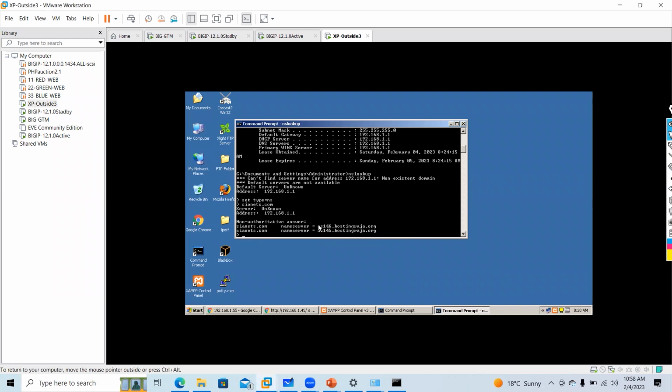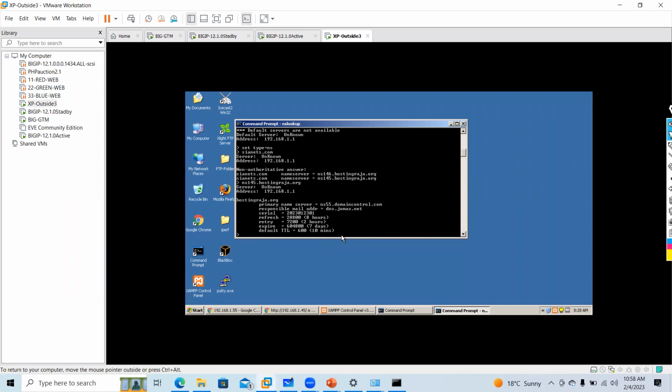So if I see this, I can see the IP address also. I will type ns145.hosting.raja.org. It will provide me the details. Can you see primary? This is your primary name server.